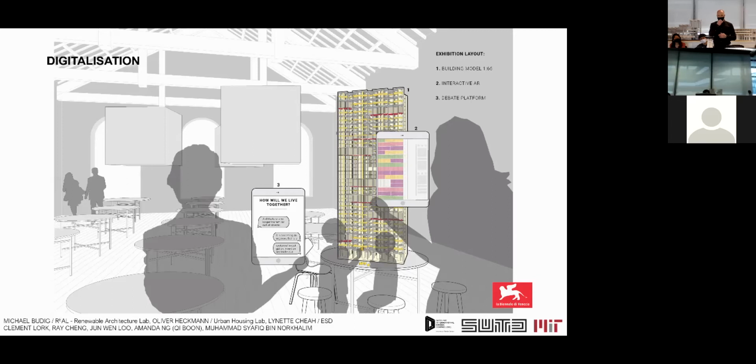So our contribution is one dish with a very unique character, also telling a lot about our Singapore context, our Singapore story, and you can bring this to the table. So what we decided to do is build a large model. The whole setup is more than 2 meters high, and you can point an iPad at it, look at the model, and start occupying different apartments in this building and become part of the community. You can also participate in a conversation about that. So what is your own vision on living in the future?